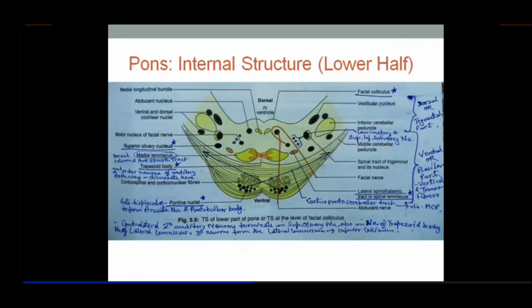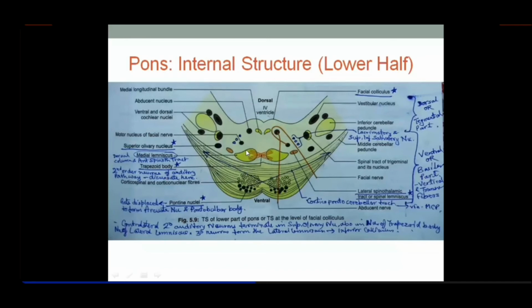Now there was lamina 3 and 4. In lamina 3 and 4, the fibers for crude touch and crude pressure were relayed. So these are the second order neurons which form the anterior spinothalamic tract, and this anterior spinothalamic tract will now merge and become a part of the medial lemniscus along with the dorsal column. So it's about the medial lemniscus. And remember, in the upper section at the level of the medulla, these were paramedial, vertically aligned, on both the sides. Now they have become transversely aligned. So that's a difference in orientation of this tract now.